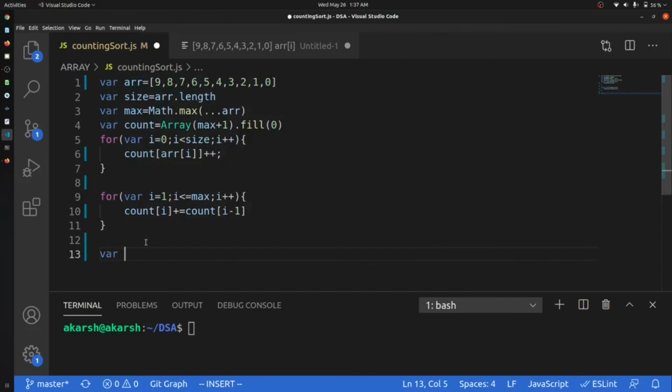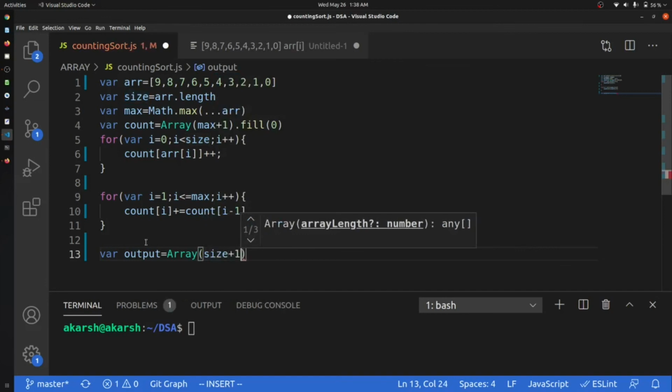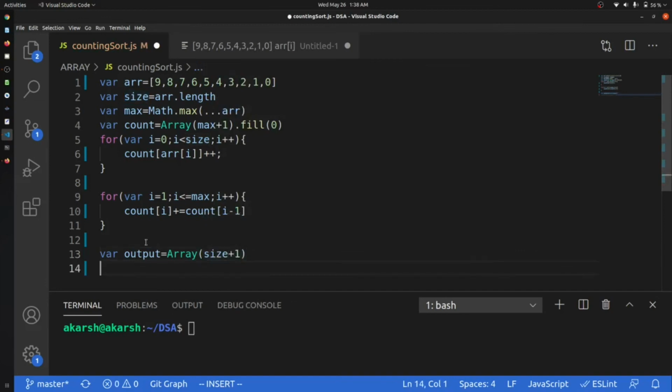And now again, we are creating an output array, which will have a size of size plus 1. After that we'll iterate through the whole array again, sorry, we have to iterate backwards from size minus 1. i should be greater than or equal to 0, and i minus minus, because we are iterating backwards.